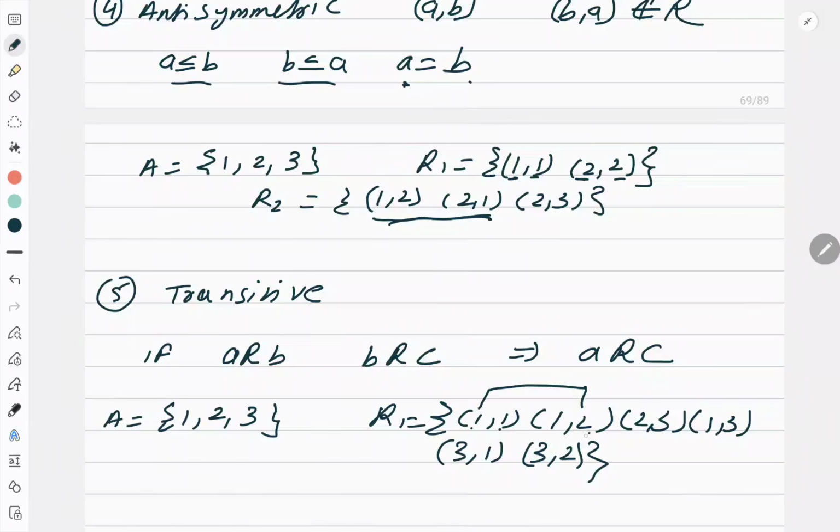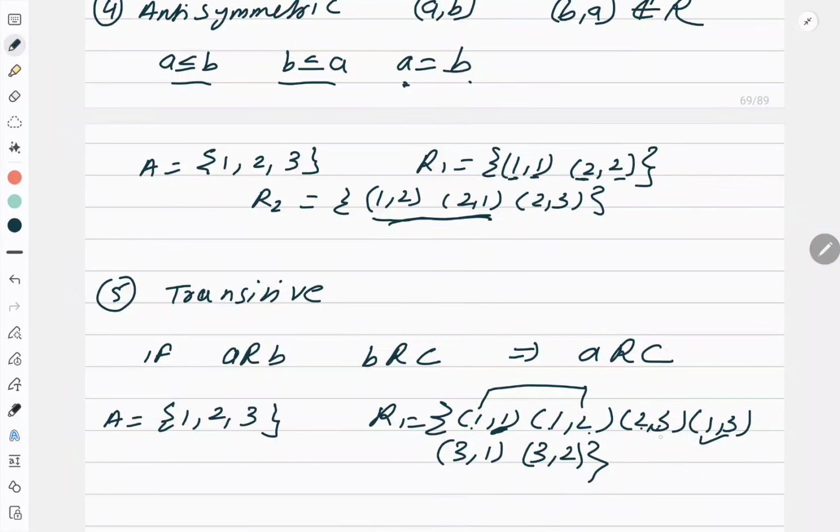Now (1, 2) is there, and is there any other ordered pair starting with 1 because it is ending with 1? Yes, (1, 3) is there. So (1, 3) should be there, and it is also there. Okay, then nothing else is starting with 1. So go to the second one. Now (2, ...) from (1, 2): what is starting with 2? That I should check. So (2, 3). So (1, 3) should be there. Yes, it is there. Now anything else which is starting with 2? No, nothing is there. So that part is over.